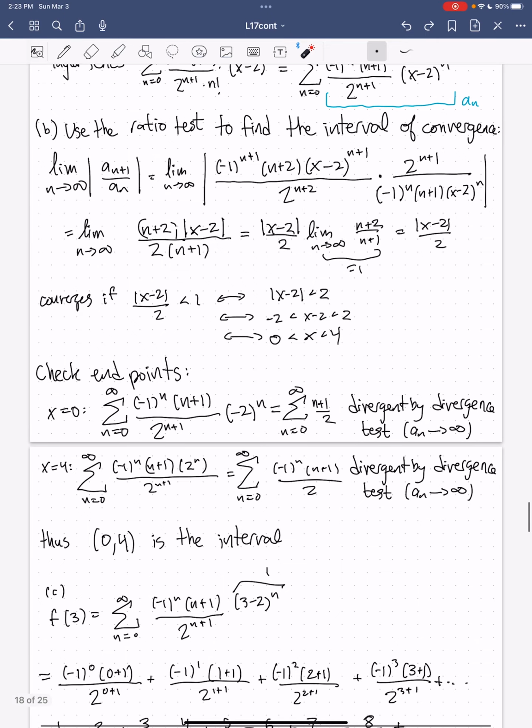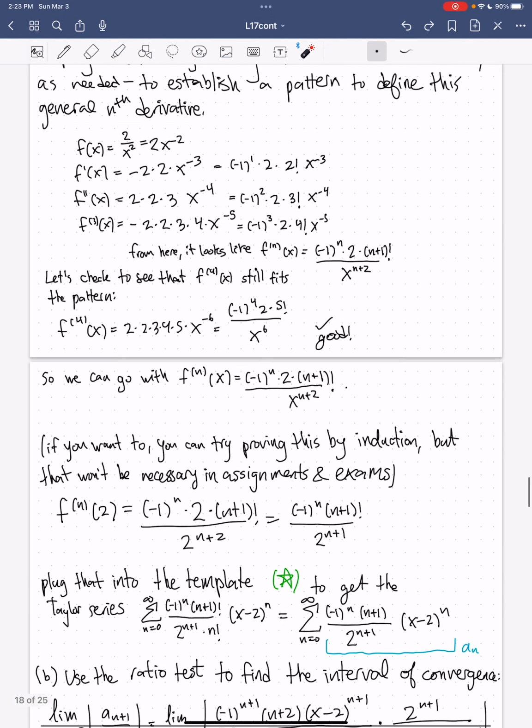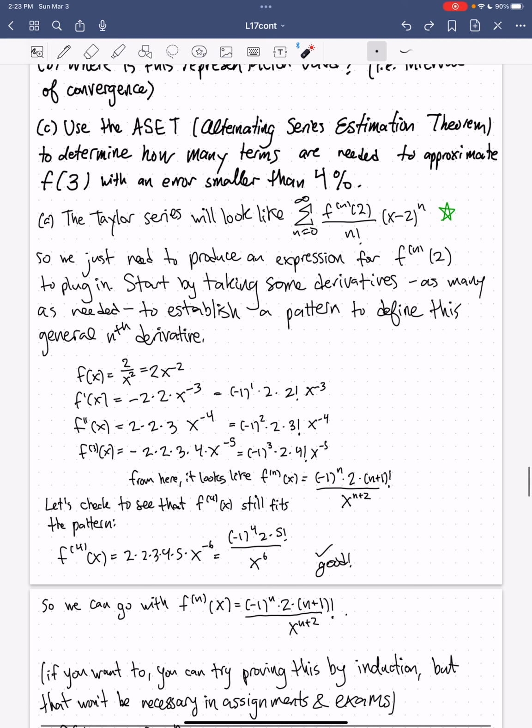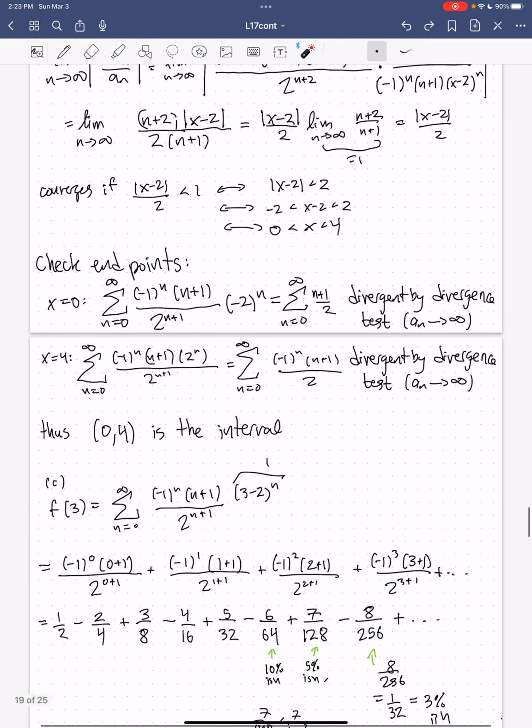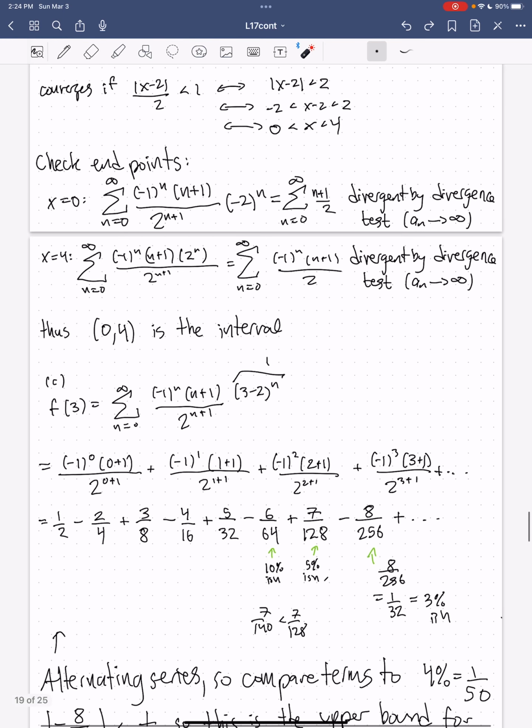Finally, for part C, we wanted to approximate f of 3 with error smaller than 4%. So what we'll do is plug 3 as x into our series and look at a bunch of terms. If we want our error to be less than 4%, we're going to look until we find